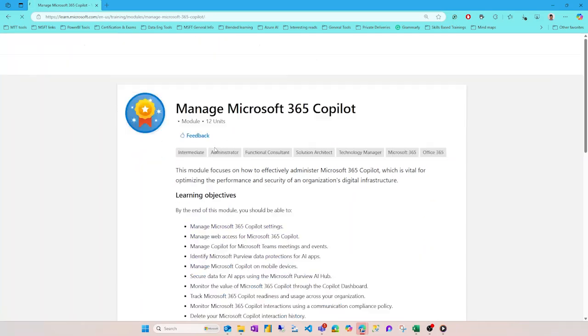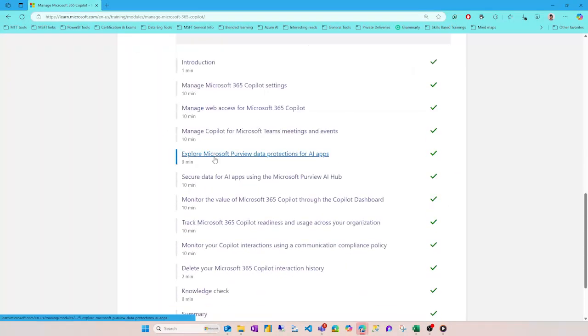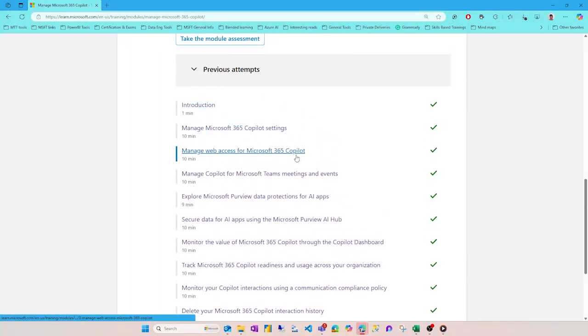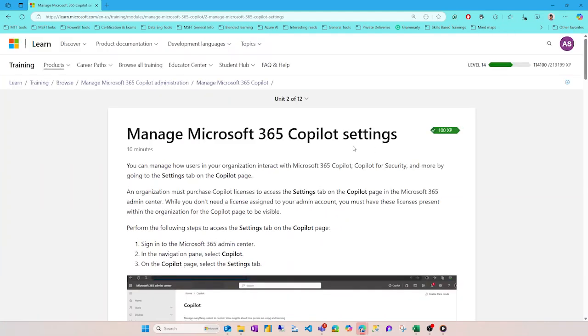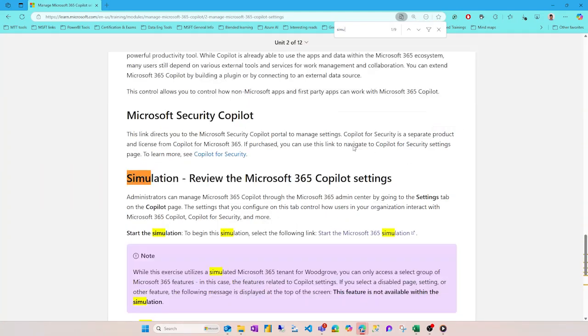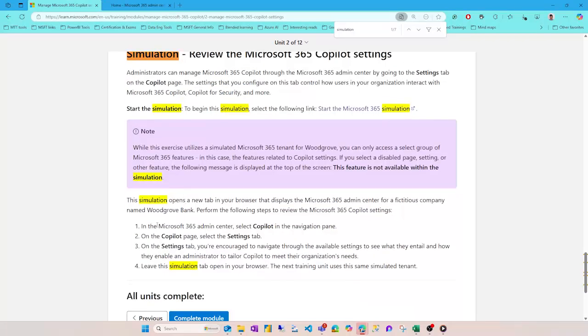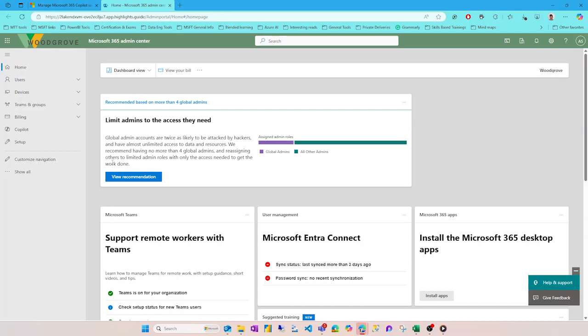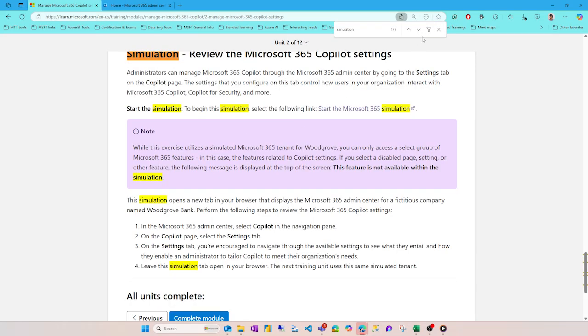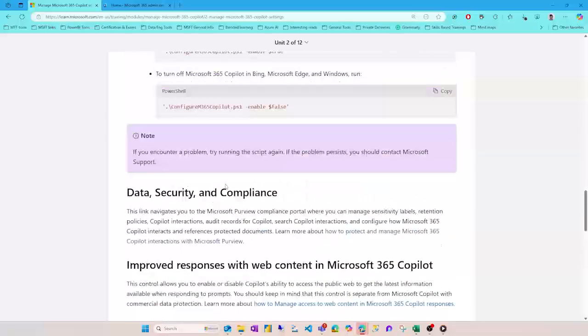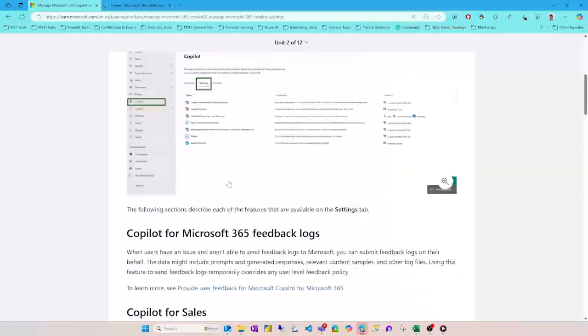So let's click on this. And it's not going to be in every single page within this module. You're going to find one here. You can just quickly Control F search it, and you can find that there's a simulation. All you have to do is click on that simulation and you get access to it. And you can follow the instructions here below, and you should be able to get a hands-on experience. So let me just take you through and show you the other pages that have simulations.